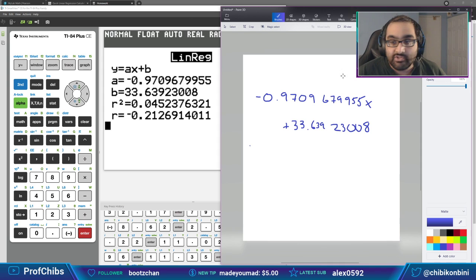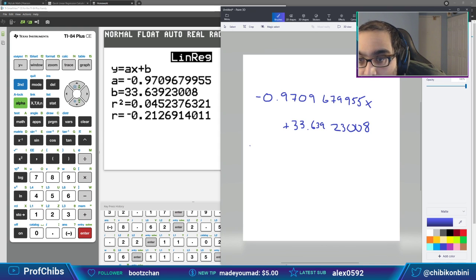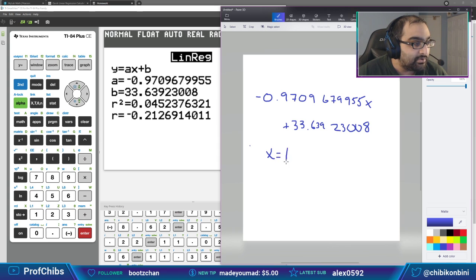Now the numbers that we need to enter in here, let me go back to your Discord screenshot. We're going to put 15 and 25 in here. So we're going to pick x equal to 15 and x equal to 25. We're going to find two separate values, putting them into this line of best fit that we have here.